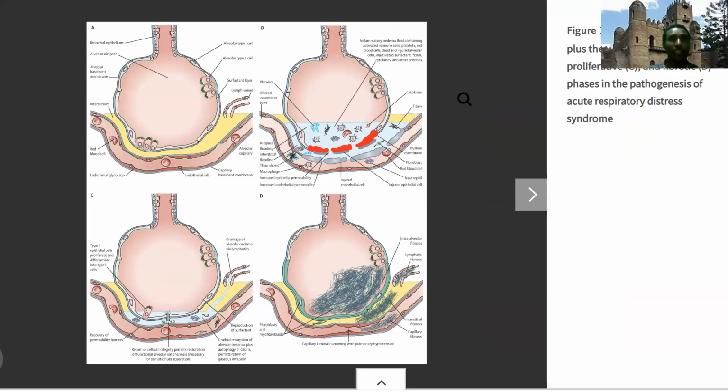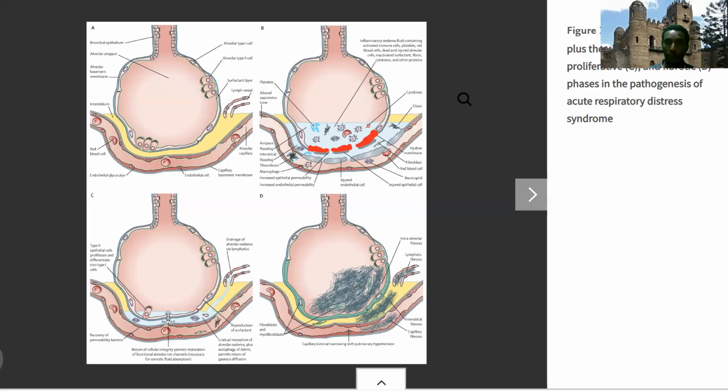So usually it's said to occur after about 10 days. Okay, the first exudative phase usually occurs within the first 7 to 10 days, while the proliferative phase starts after the end of this period, that is after 10 days. And the third and the last phase is called the fibrotic phase. This phase is usually characterized by scarring with interstitial fibrosis, vascular fibrosis, and the alveolar wall fibrosis will scar with